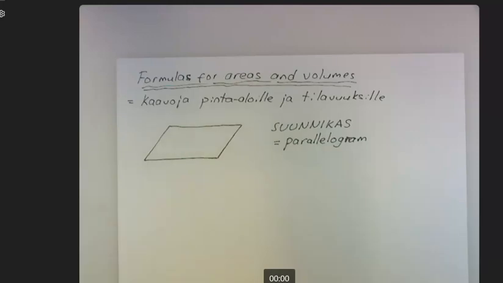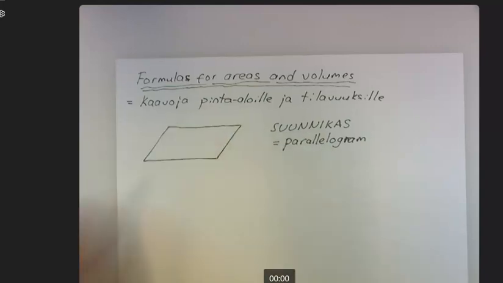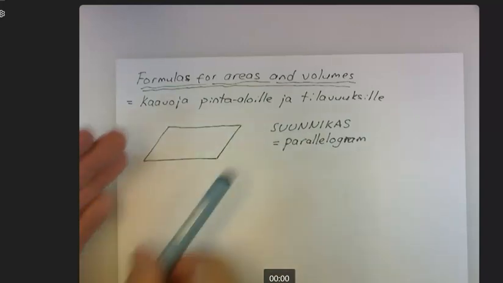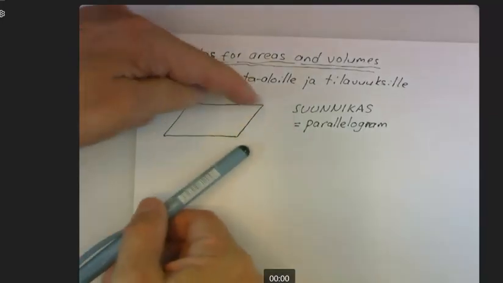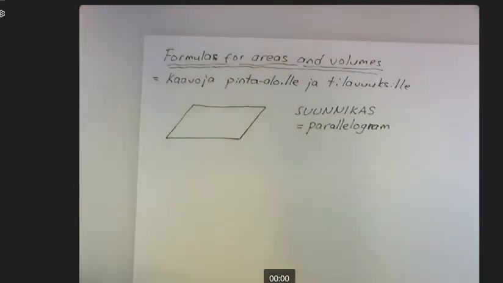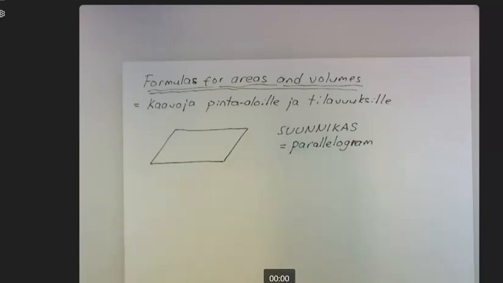Suunnikas. Actually, suunta in Finnish means direction. You call this direction. It's suunta, and I think it's because this figure has two directions there. These are parallel, and these are parallel sides, and probably that is the reason why it is in Finnish called suunnikas. There are some kind of directions there,